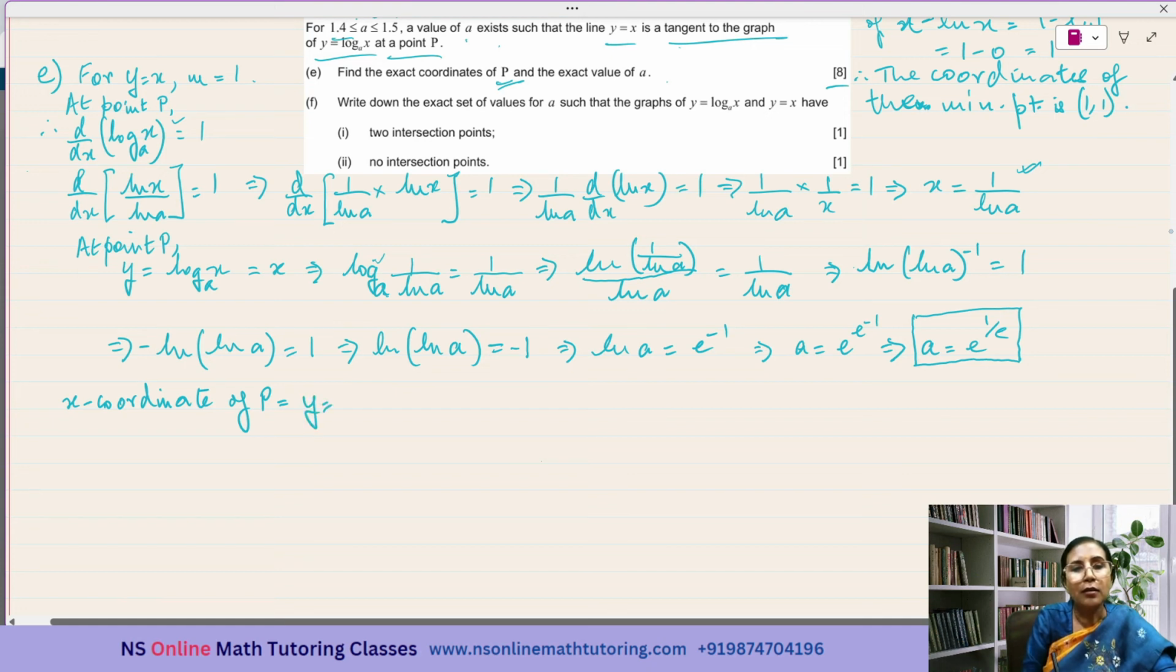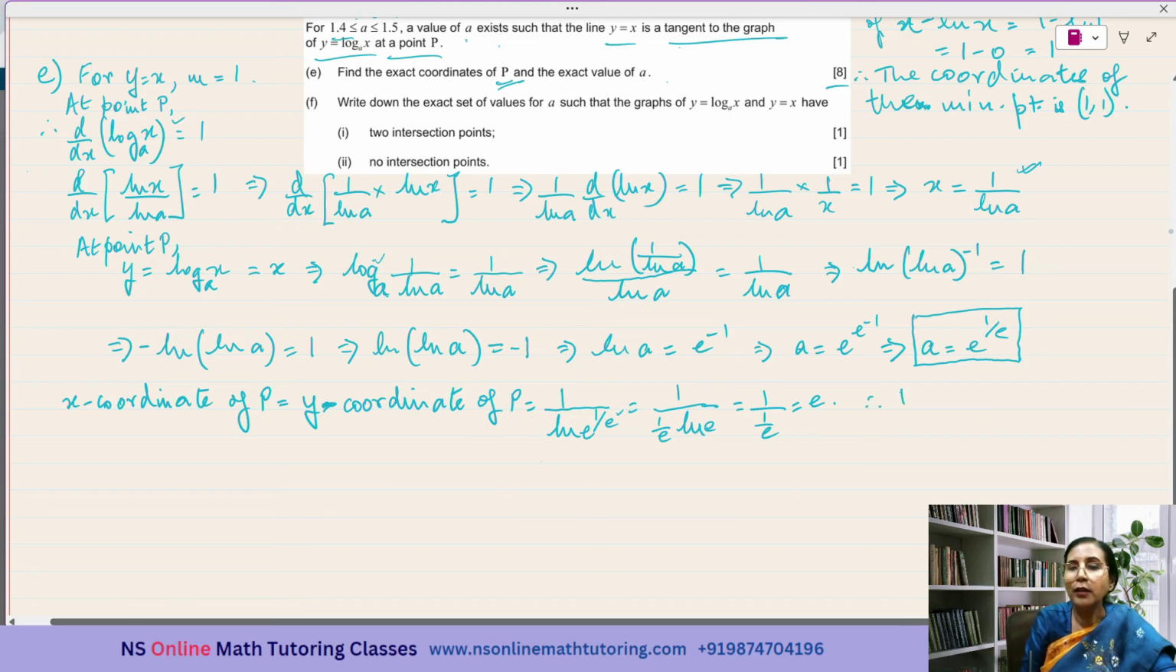So y coordinate, sorry, is equal to, x was equal to 1 over ln of e to the power of 1 over e, is equal to 1 over, I can take this power down, it is 1 over e times ln of e, and ln of e is equal to 1. So this is 1 over e, which is equal to e. Okay, therefore